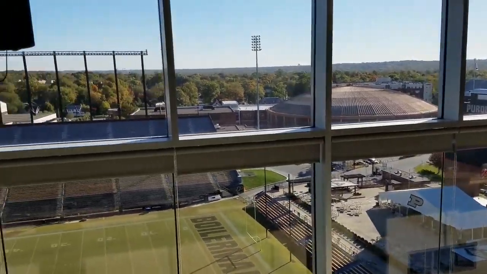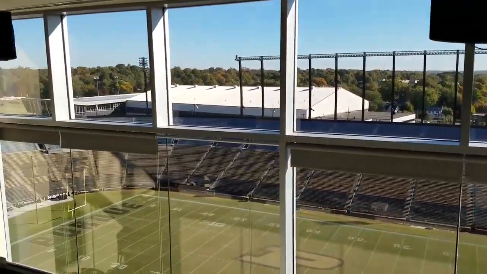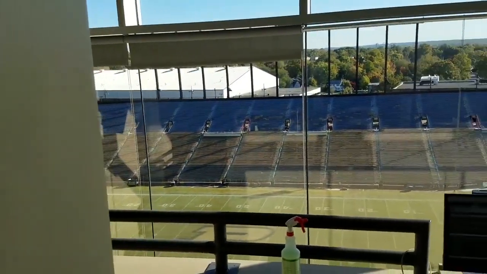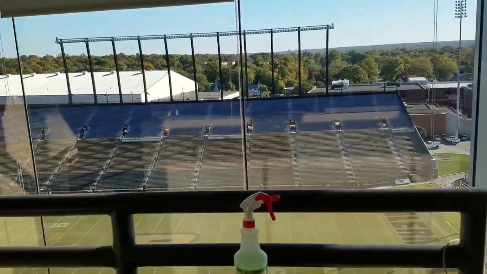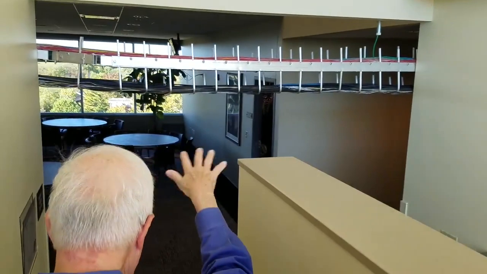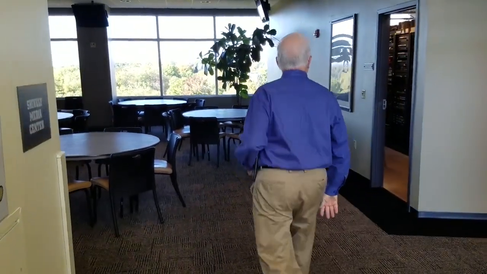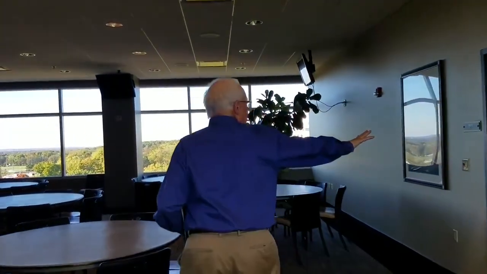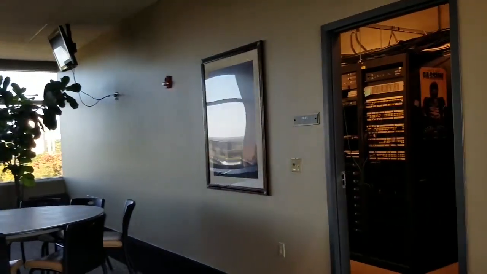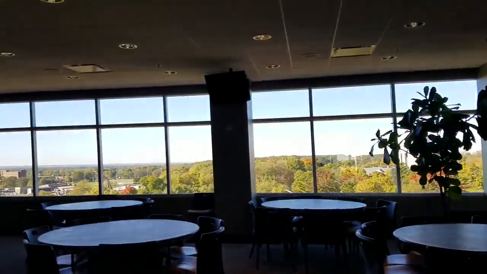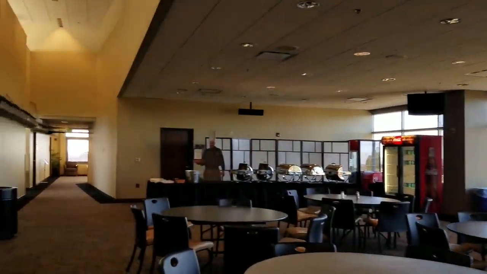We're now going to make our way back out. Careful of the steps as we get back out in the hallway of the media center. It's always interesting to see all the variety of wires that are running down the corridor in the media center. Here's all the equipment for them down here. And this is the food area for the media. So all the media